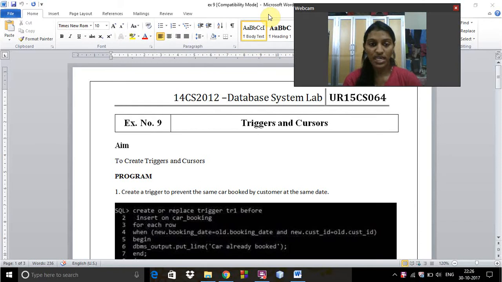Now I'm going to do my ninth experiment in DBMS lab. It is triggers and cursors. So my first question is to create a trigger to prevent the same car booked by customer at the same